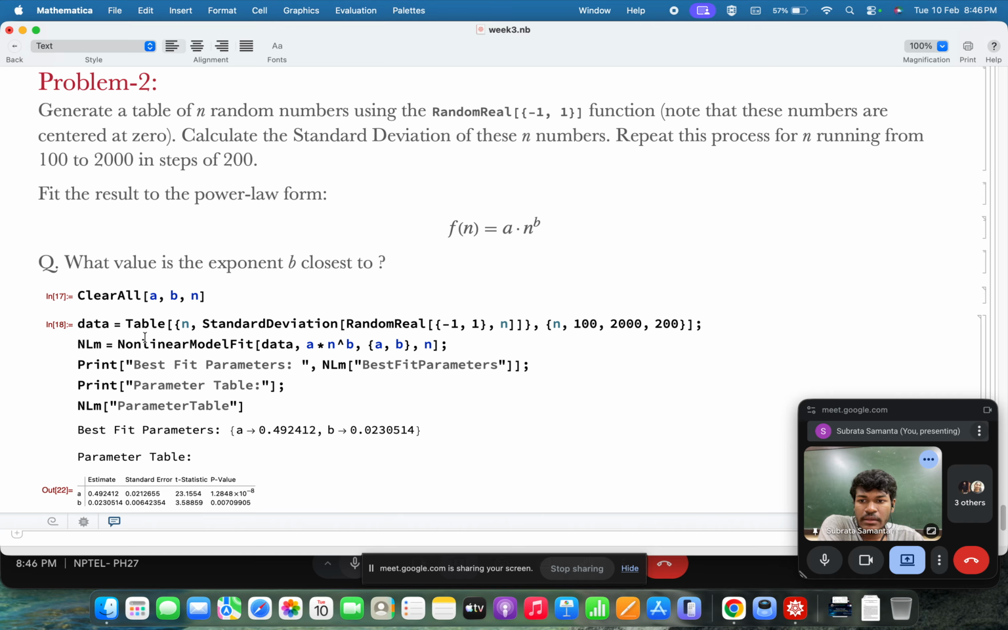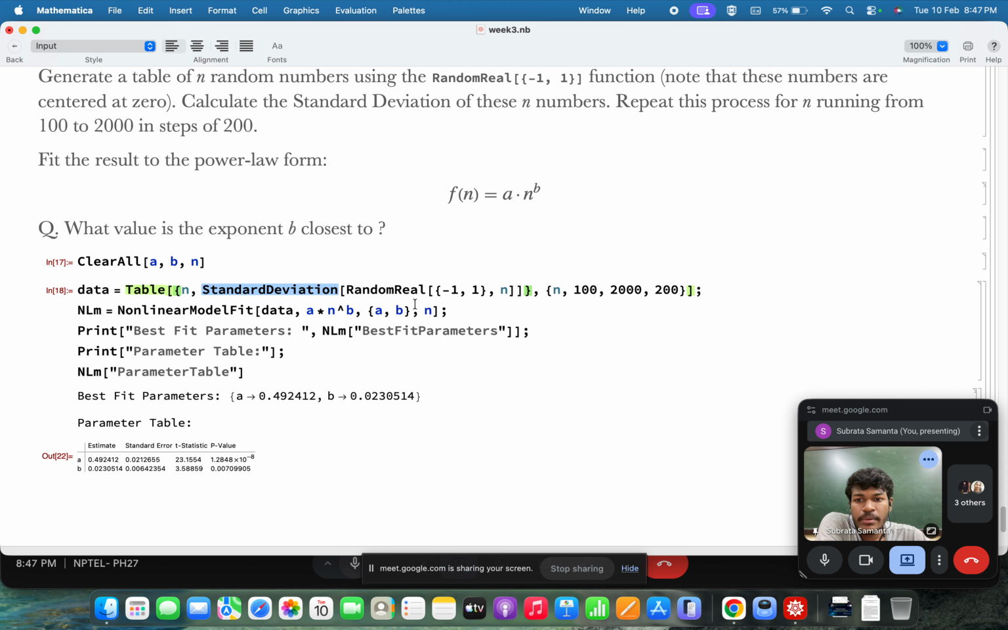And next I fit the nonlinear model. So, this is basically the standard deviation of these n numbers. So, I use these functions. Again, if you use the standard deviation manually, then you have to multiply it by the square root of n minus 1 over square root of n. So, that is crucial here. But for simplification I use the standard deviation that is already defined in Mathematica, and now